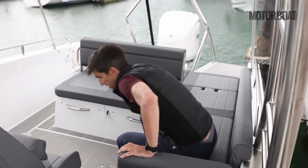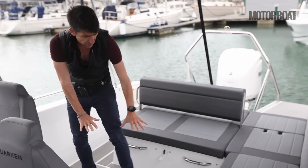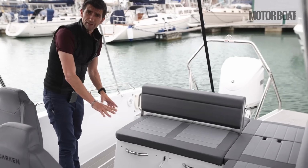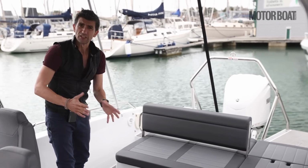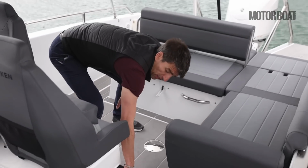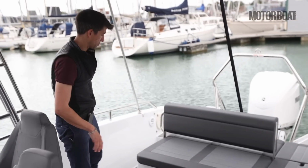Now let's get into that storage right now, because beneath the deck you might think lots of storage, but that's not the case. We've got a big fuel tank down there, 300 litres, plus the RCD unit and the charger, so that's not for storage at all. And beneath the helm seats we've got a pull-out fridge, so there's no storage under there either. But what we do have